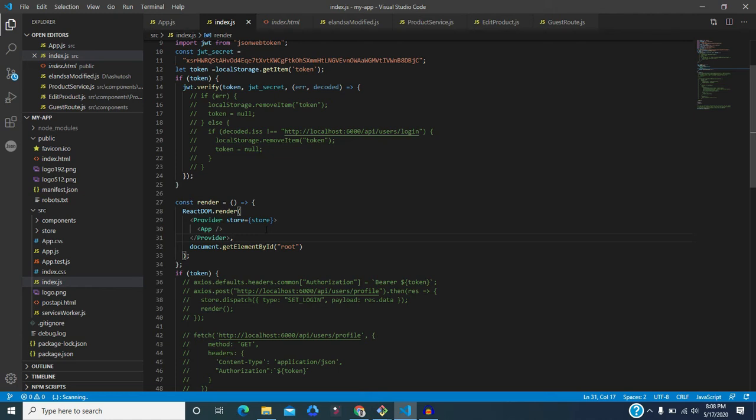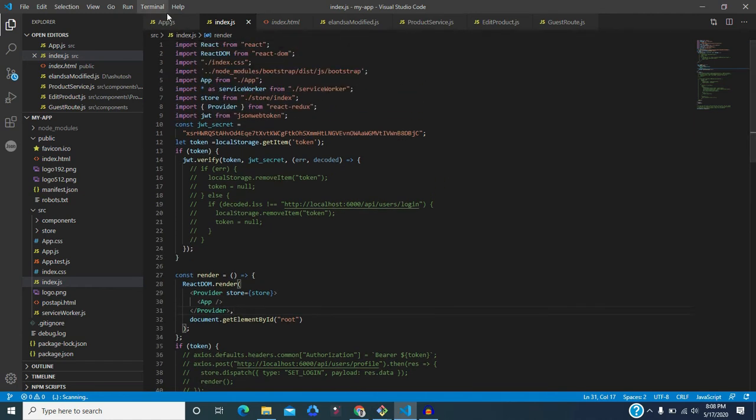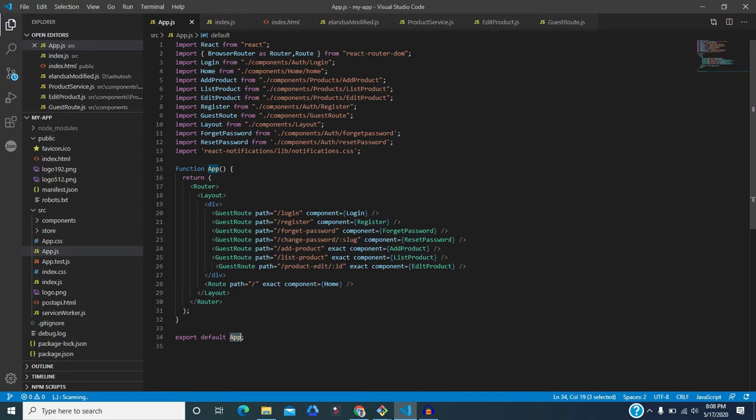Okay, so now let's move to the app.js and try to understand some of the parts here. You can see that some things are imported at the top of this file, which is the import React, and some other important things which are also useful.